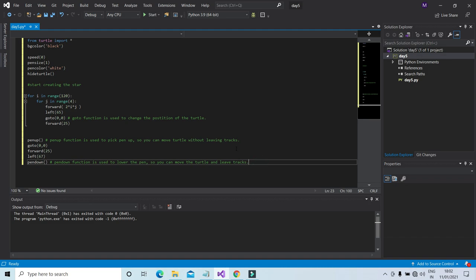Perfect. So we are done with the code part, and now we'll be seeing what the output comes out. We'll quickly save the file and just click the start button. Okay, as you can see, the star has started building itself, and you can see the rays being emitted from it. They are of variable length and are coming out in all the directions. The closest ones to the star are of the length of 25, and they actually come out in all directions too.